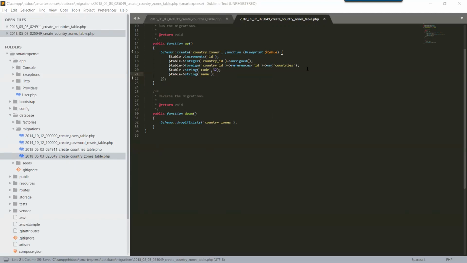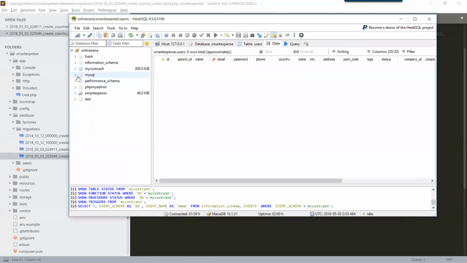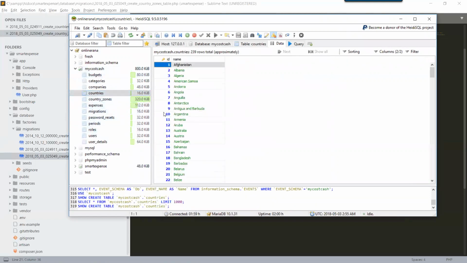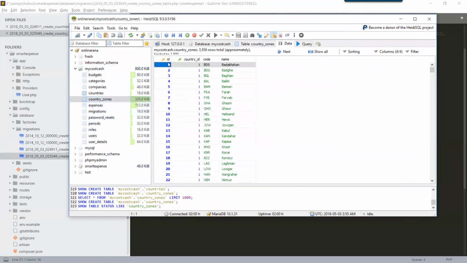Let me show you the actual schema that we have. Here is the countries table. These are the country ID and country name that we will put in our database. In the country zone we have an ID of the country zone, and we have a foreign relation with the country, and this country ID shows the country name.